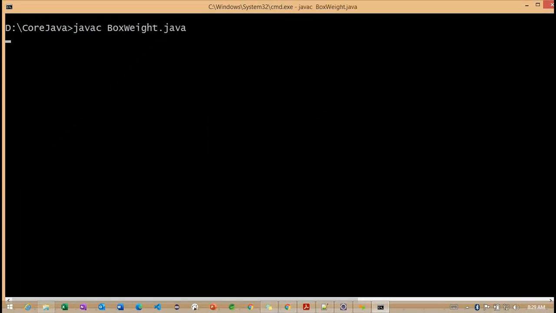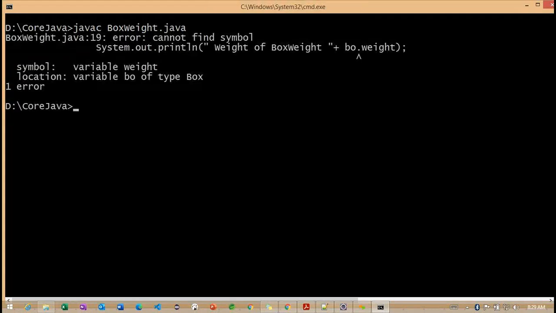So Java BoxWeight.java. Cannot find symbol here. Now what do you understand?